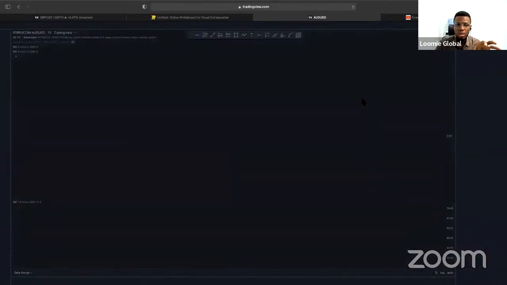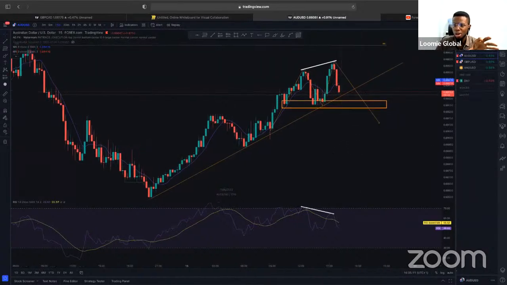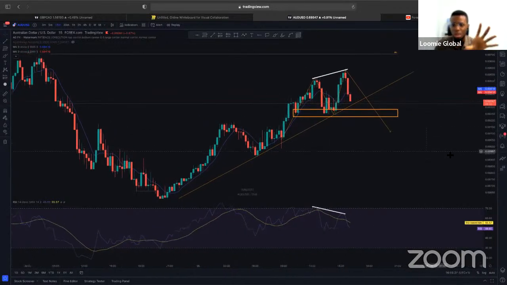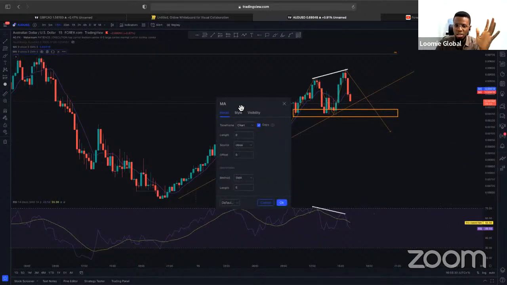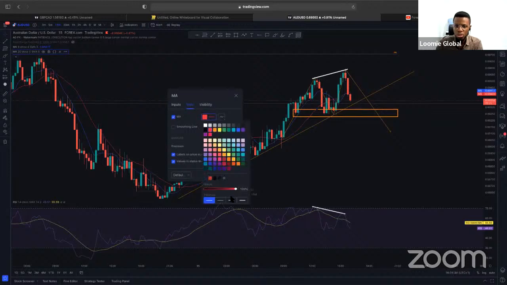Now, this thing we're doing right now is basically for educational purposes. I do not decorate my charts like this with so many indicators, right? I like to keep my charts as clean as possible. I tell the indicators, guys, don't confuse me. I want to see price action clearly. So I usually don't do all of this. But for the sake of combining everything we have learned so far, I want us to do this.